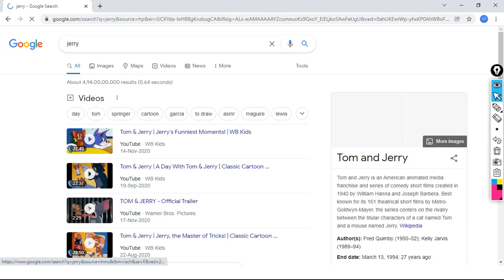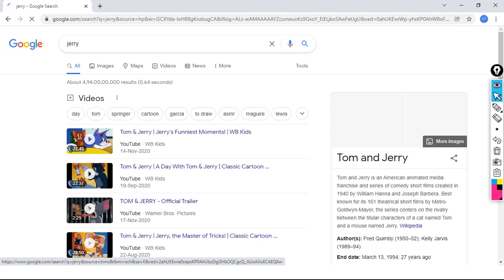Now we will take one image. It's processing, and after processing we will get one image of Tom and Jerry cartoon that we can download using download attribute of anchor tag.